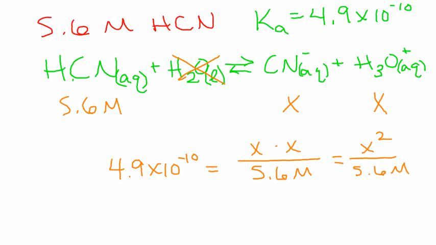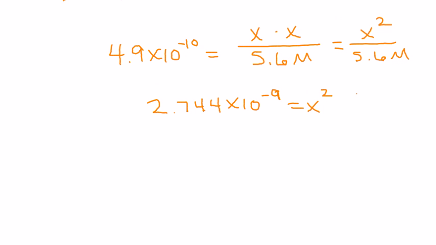To solve this, all we need to do is multiply by 5.6 molar. When we take 4.9 times 10 to the negative 10th times 5.6, we should get 2.744 times 10 to the negative 9th, equals X squared. Now we're almost done here. That 2.744 times 10 to the minus 9 equals X squared. Take the square root of that,